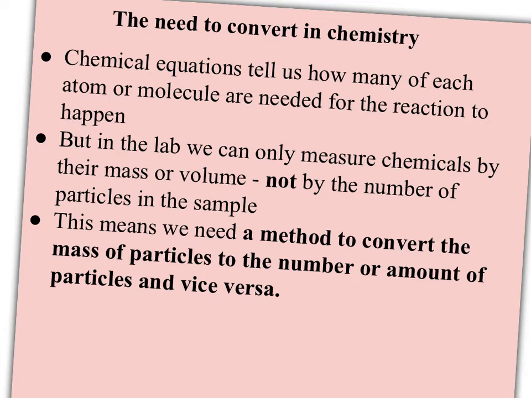The problem is, in the lab, we can only measure chemicals by their mass or volume. Atoms are so ridiculously small, we can't measure out even 1,000,000 atoms easily. For most substances, 1,000,000 atoms is still too small an amount for us to see with our eye. So that means we need to be able to convert the mass of particles to the amount of